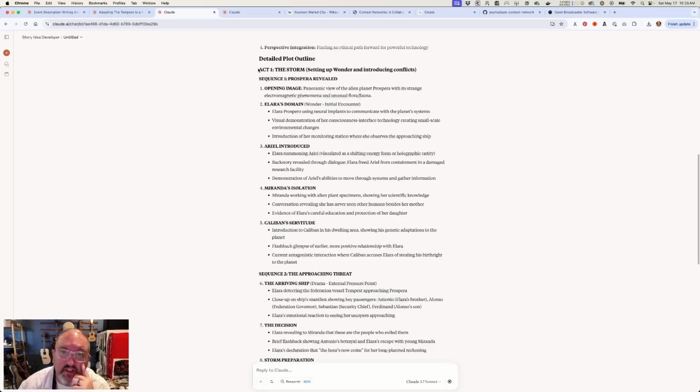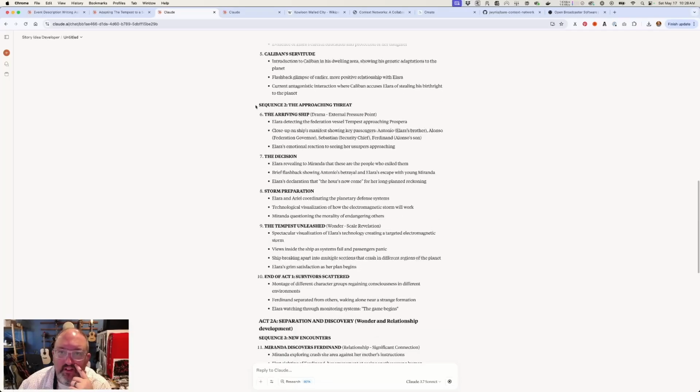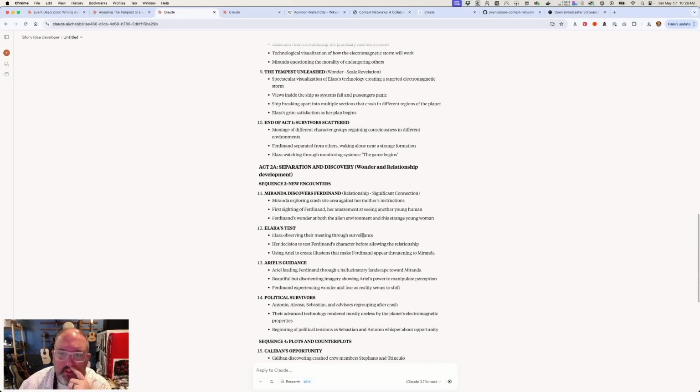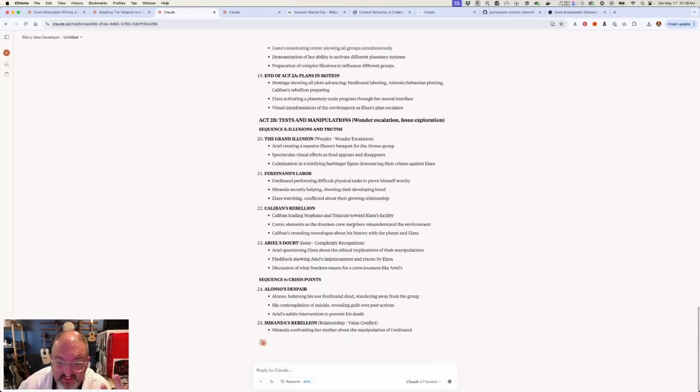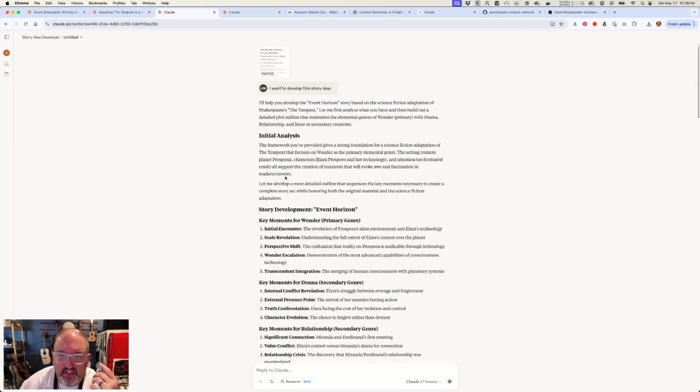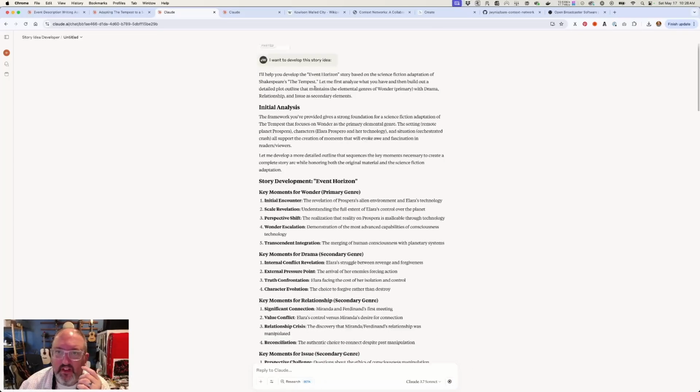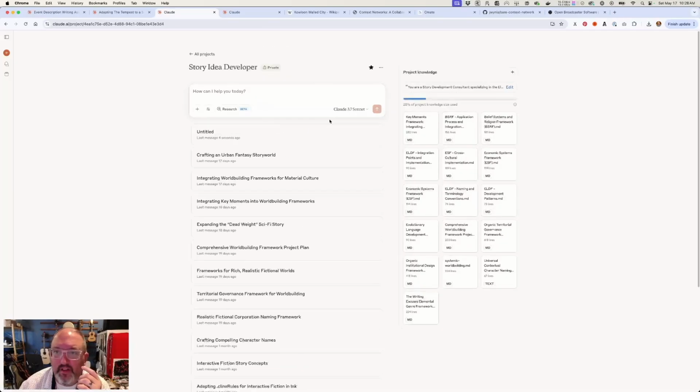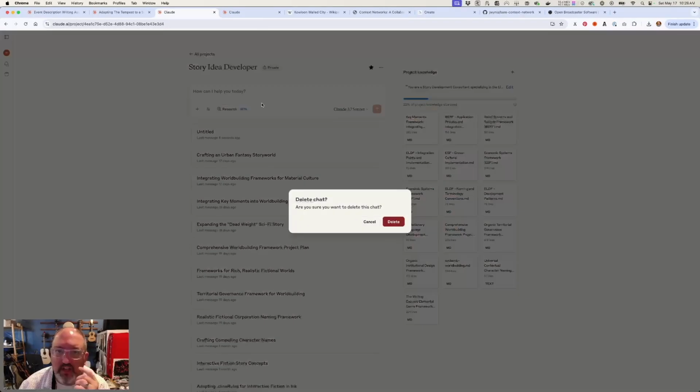And then you'll start to see that it sketches out a plot that matches the plot of The Tempest. And then you've got a sequence of the approaching threat. Now, you don't have to take this as an answer. And again, you'll see it created it in line here. I should have said, I want to build the story. Please write anything that you... as a matter of fact, why don't I stop it and do that? So if I come in here, I'm going to just go back up here. I'm going to delete that one, and I'm going to say